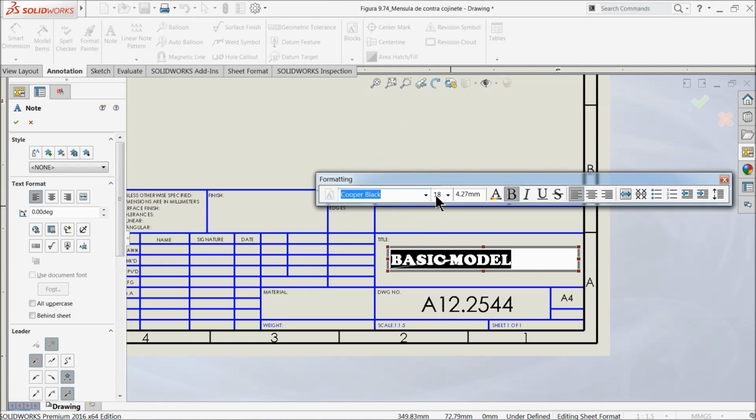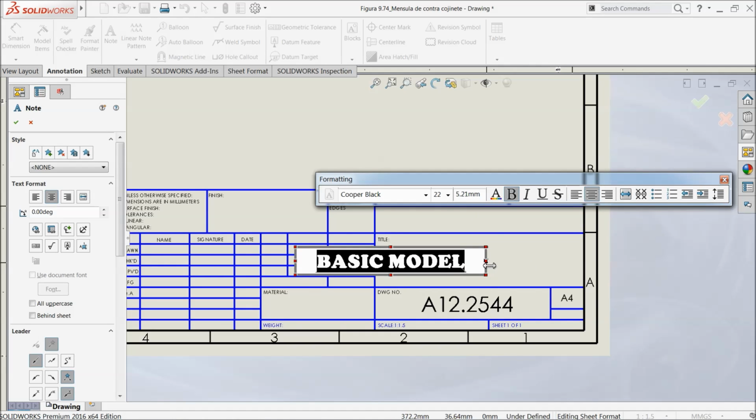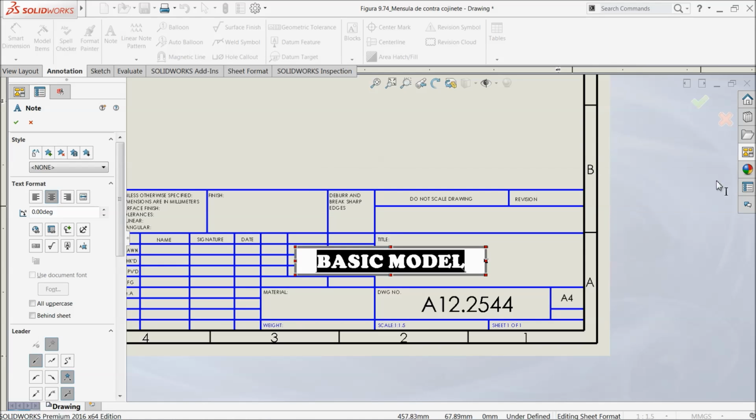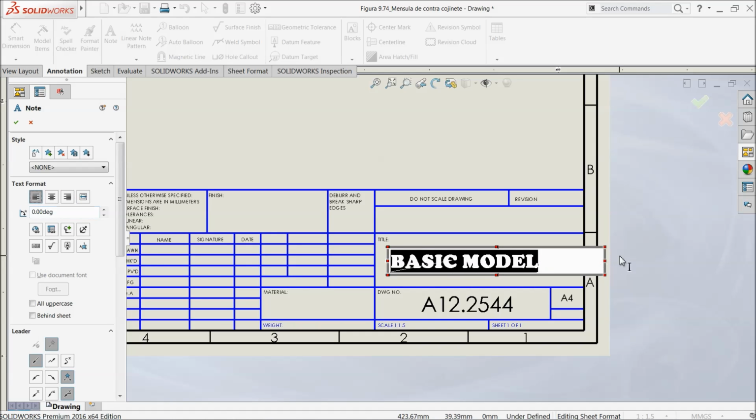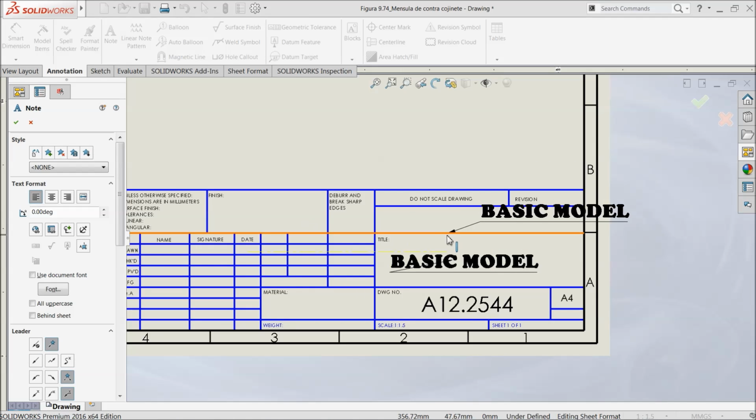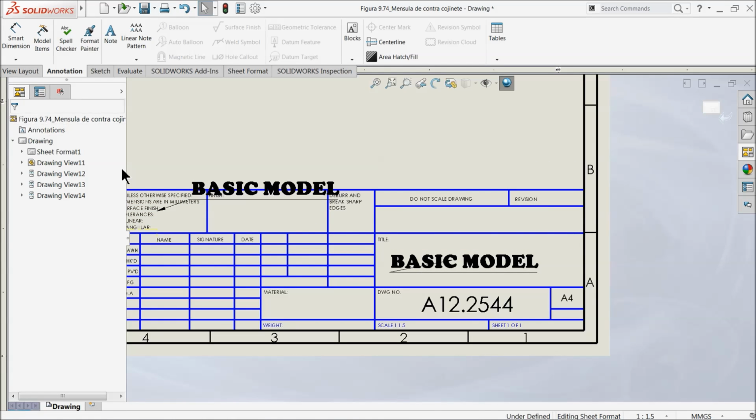Here you can select any font. Here you can select center. Okay. I think we should select this way. Okay, this is way better. Okay, select here. Okay,